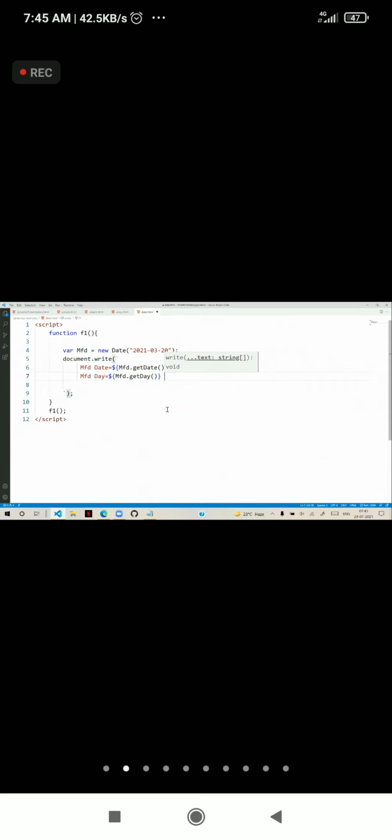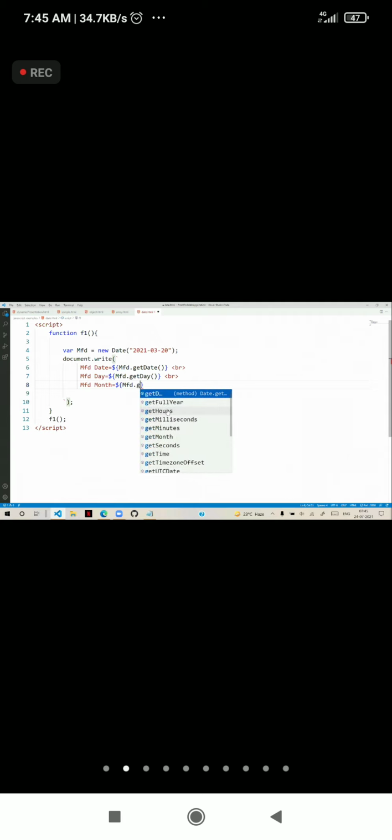In the next line, we want to print manufactured month. So manufactured dot get month. We have to use manufactured get month.